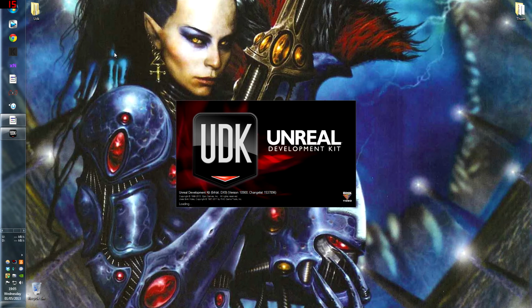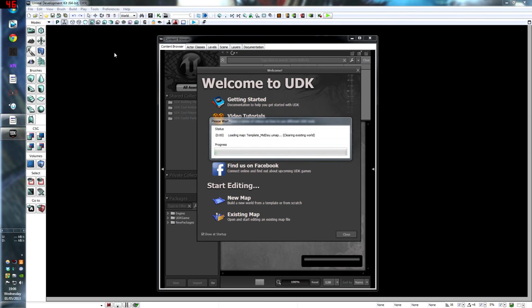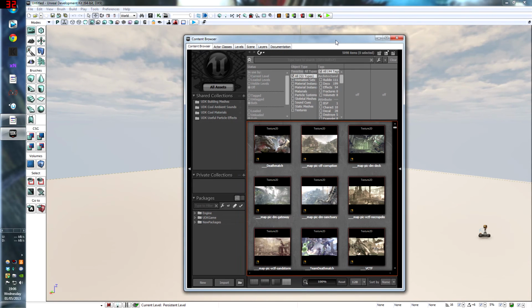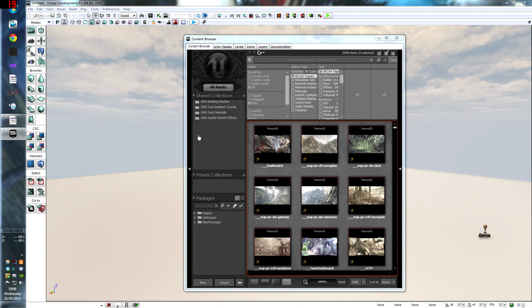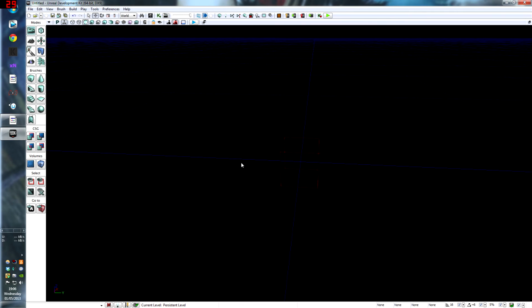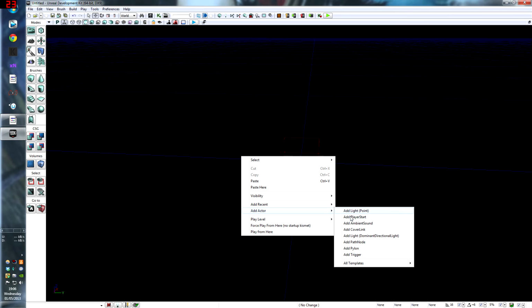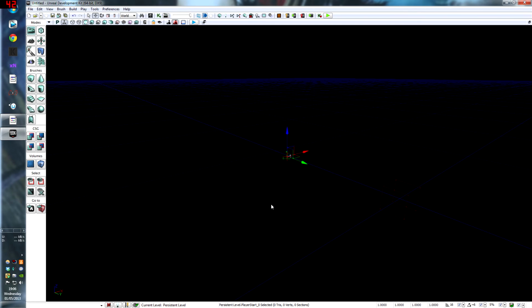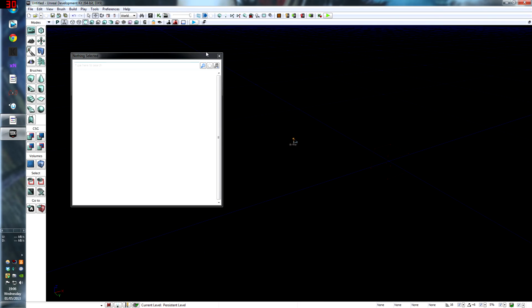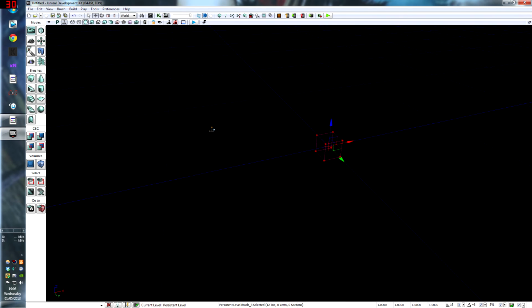Close that. Okay, awesome. We now have UDK open and we can build our level. So what I'm going to do is I'm going to make a new level and it'll be blank map. I'm going to add a player start, add actor, player start. I'm going to hit F4 and make sure it's on 500 on the y-axis because that's what we've constrained it to, and that will move it there. We'll get our red builder brush